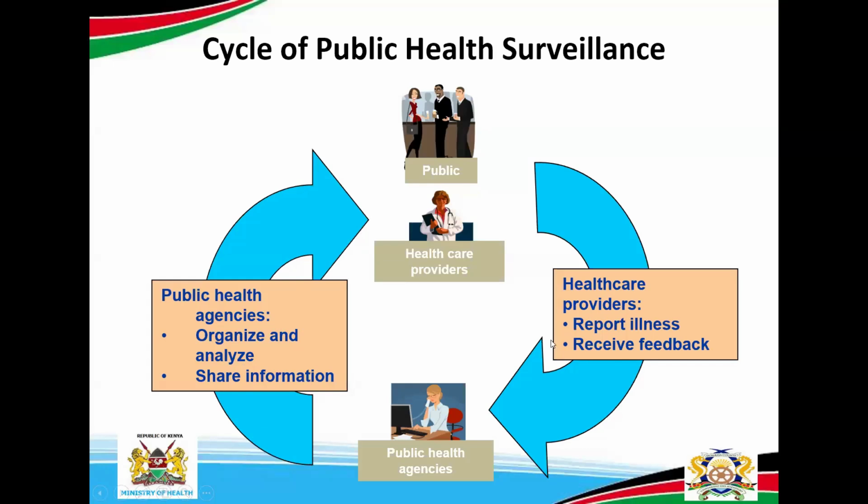So here, what we're trying to say is, once you get information, you just need not to stay with that information, provided it's information that is related to public health events or a public health disease that is likely to cause an outbreak. Just report that to the healthcare provider or to your surveillance officer, who will do further investigations and come up with feedback and tell you if this is really a threat in the community or not.